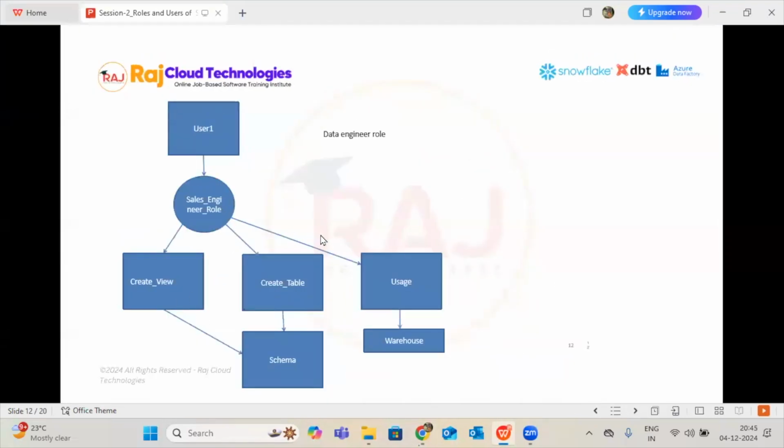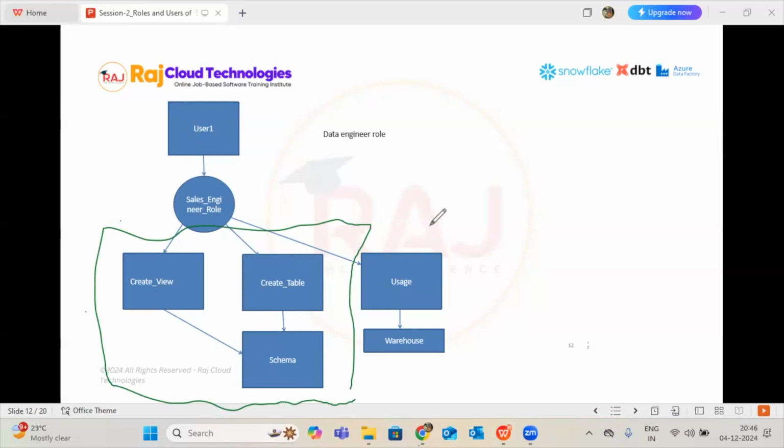So if you observe, this is okay. Yeah, this is on schema. This is on schema level. Okay, in schema I'm giving additional access on top of table and view to create, and this is extra warehouse. I didn't give it, but if we create any other specific warehouse, we can give access specifically. Okay, like this we can do. And next thing,